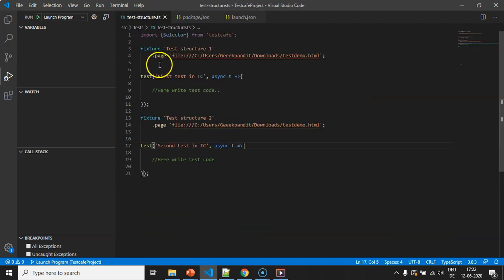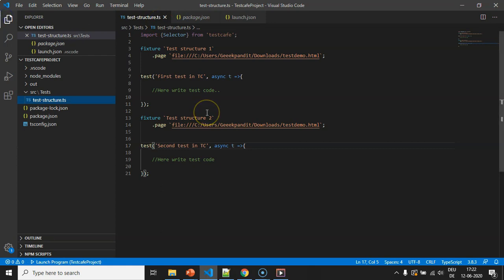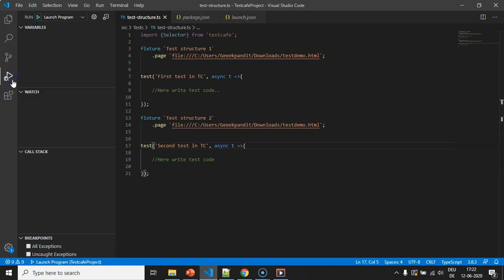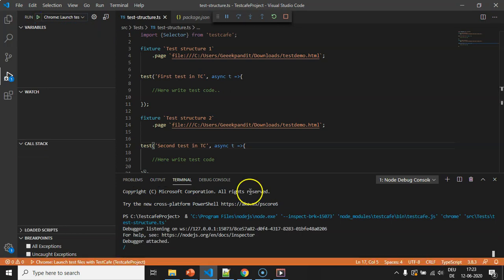Now again we'll run this teststructure.ts file, and in this case we don't have to type the running command in the terminal. Just click here on this run icon, and you can see a dropdown which has two more options: "Firefox launch test files with TestCafe" and "Chrome launch test files with TestCafe". Now I want to run this test in the Chrome browser, so I'll click on this option and click on run. Now test execution is started,